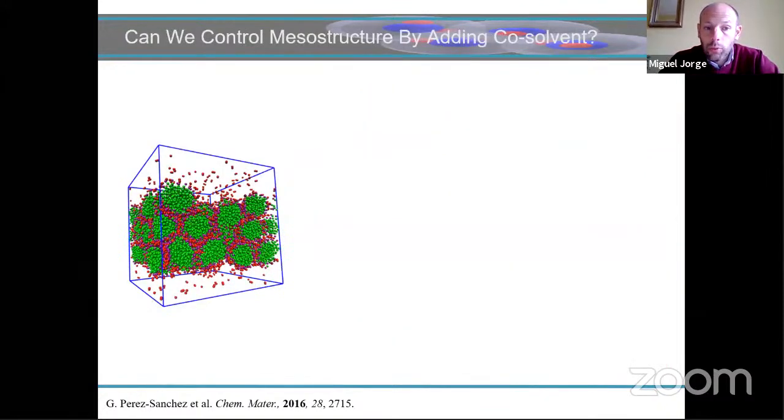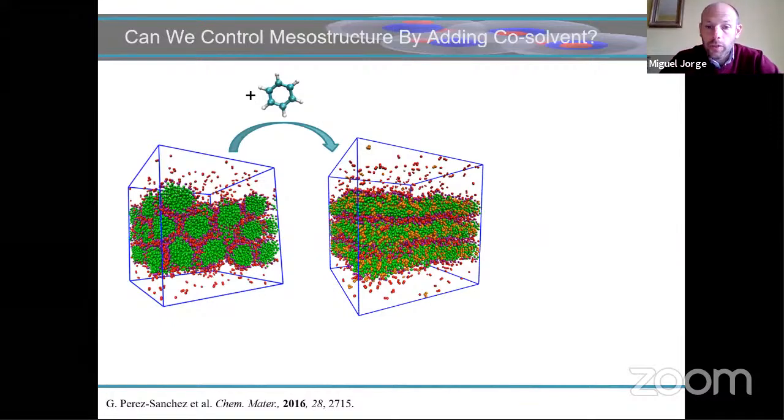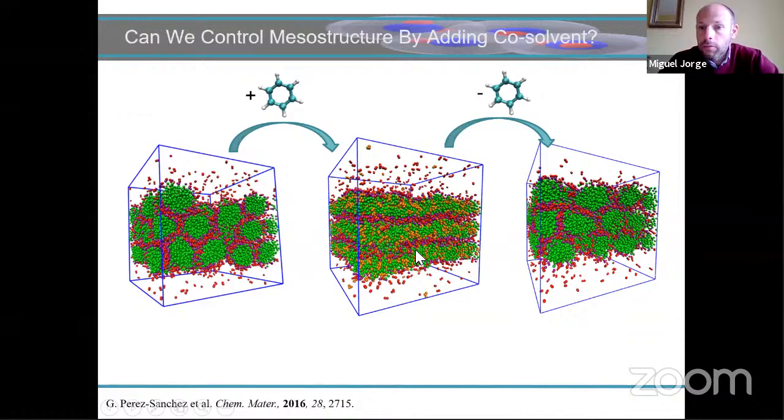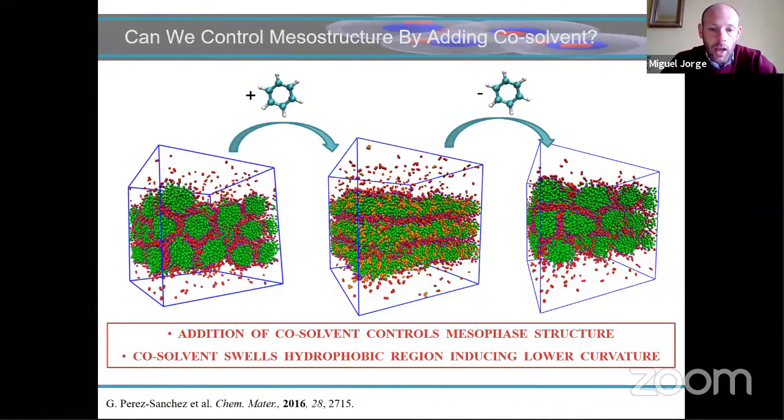You can also play around with co-solvents, and this is again to try to replicate what has been done experimentally. So if you put in something like benzene, for example, then you swell the inside of the micelles, the hydrophobic region, you increase the volume of that region, and that again shifts the curvature of these aggregates and forms these lamellar structures. And then you can remove the benzene and revert back to the hexagonal. Okay, so again, these are reversible equilibrium transitions. And this again mirrors what experimentalists see in their